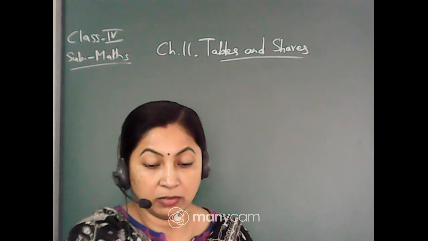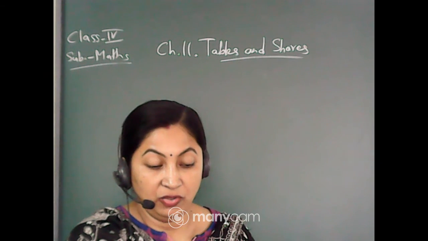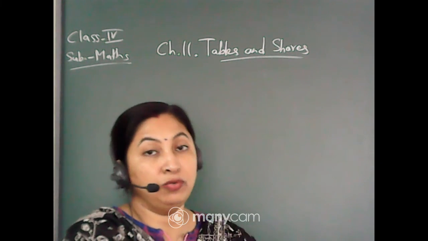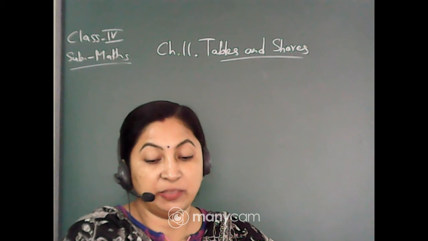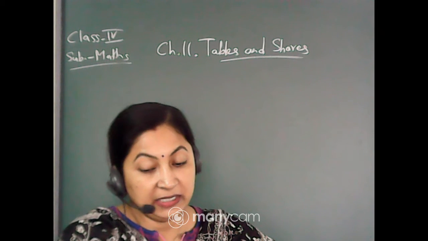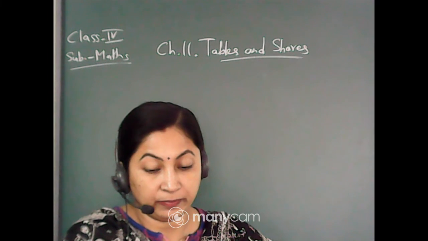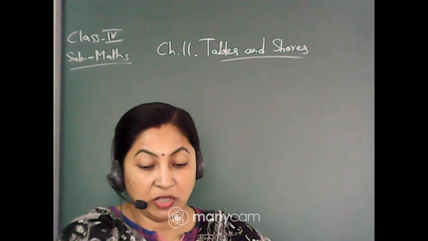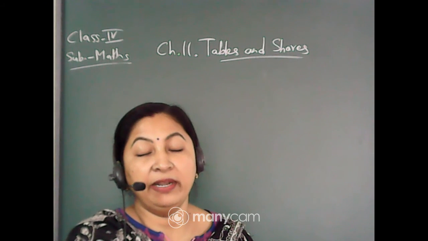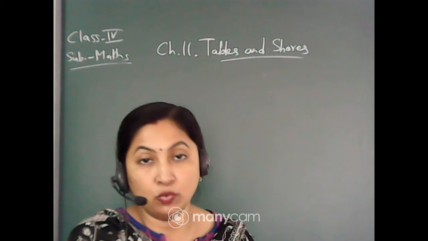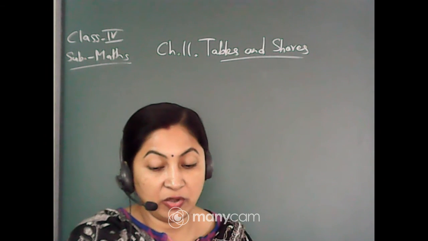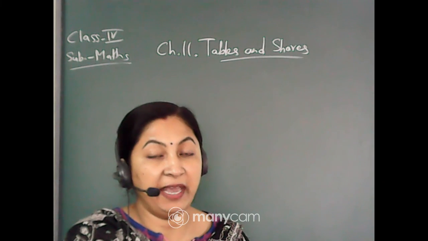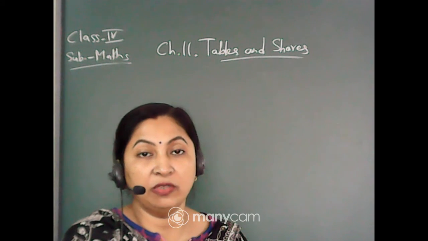Upasana, it is wrong. You can write 6 and 6. You can take the table of 6 and 6 because 6 plus 6 is 12. Yes, 10 and 2 is also correct. That means you can take the table of 10 and 2 because 10 plus 2 is 12. 8 and 4 is also right. You can take the table of 8 and the table of 4 because 8 plus 4 is 12.